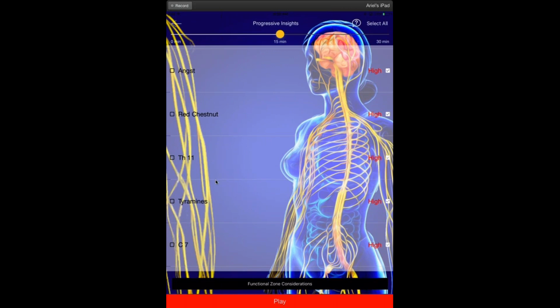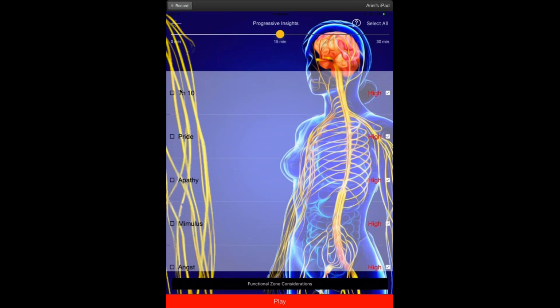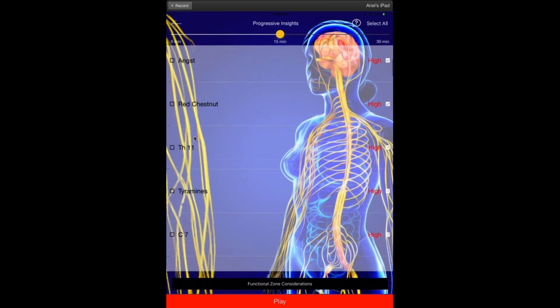Again, look at TH11. That's another thoracic. Do you think that's close to TH10? That's the next vertebra down. So definitely something going on with the spine. And could that be related to migraines? Of course. So the tyramine foods, removing those is probably going to bear a lot of fruit for her, because